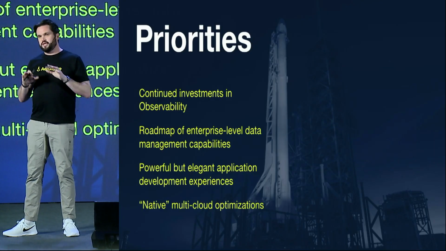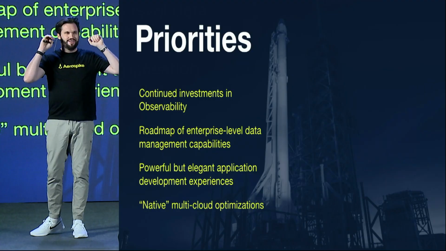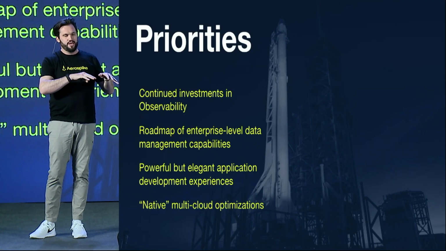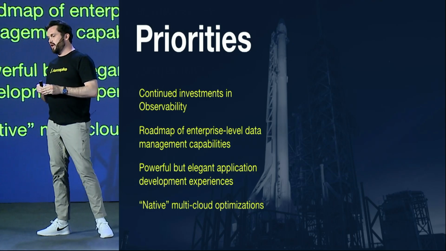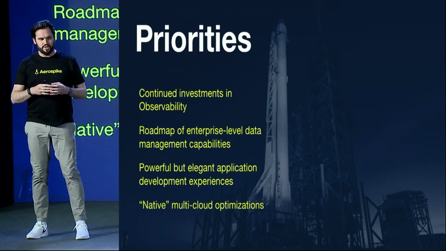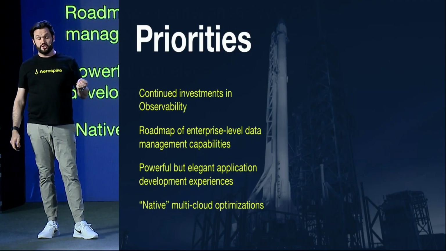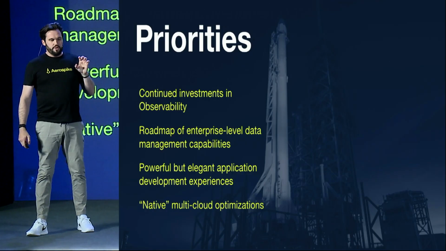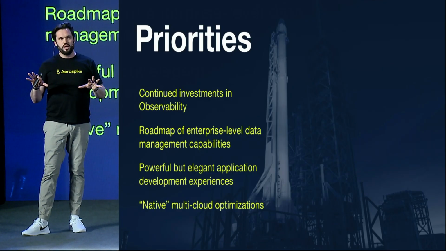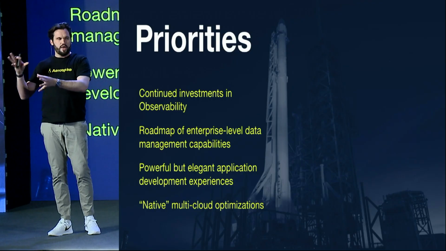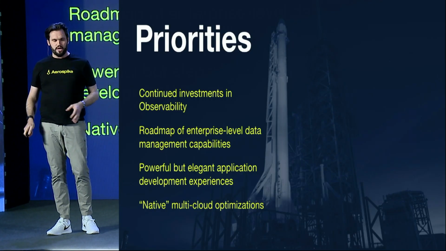And we want to continue down this path of native. I say native, it doesn't really mean anything, but multi-cloud optimizations that are specific to an extent to the clouds that they're going into. So we have AWS Graviton support, for example. We released support for Amazon EBS as a storage tier recently, in the last 6 months. And so this is something we want to keep exploring. We want to give you freedom of what cloud it is that you're running on. We want to give you the convenience of a fully managed cloud database without being locked into any individual cloud vendor or any individual cloud database.